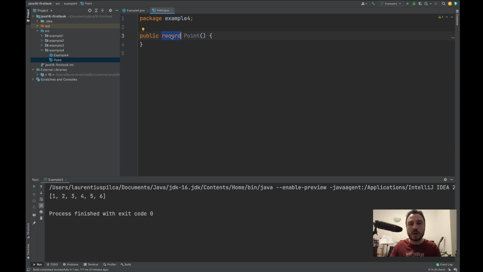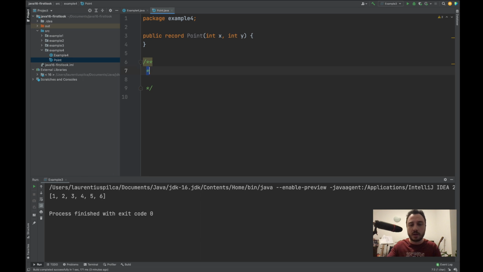Instead of class, you have the record, and then you see this nice syntax which looks strange, or at least up to now looked strange for a Java application, where you have the round parenthesis immediately after the class name. Here is basically where you can enumerate the parameters,